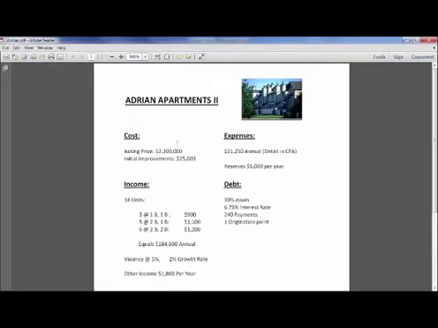And I have a real sample deal, Adrian Apartments 2, and I just pulled out some numbers so you can kind of see it at the high level. We have an asking price of $2.2 million with some initial improvements of $25,000. This is a 14-unit complex, and here's the breakout: 3 units with 1 bed and 1 bath, 5 units with 2 beds and 1 bath at $1,100 a month, 6 at 2 and 2 at $1,200. And of course, the math that the software will do for you tells you this is